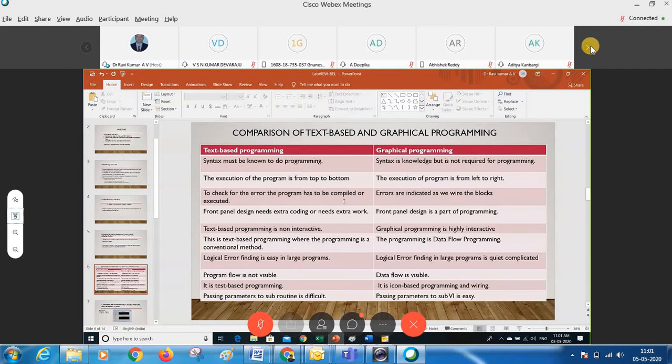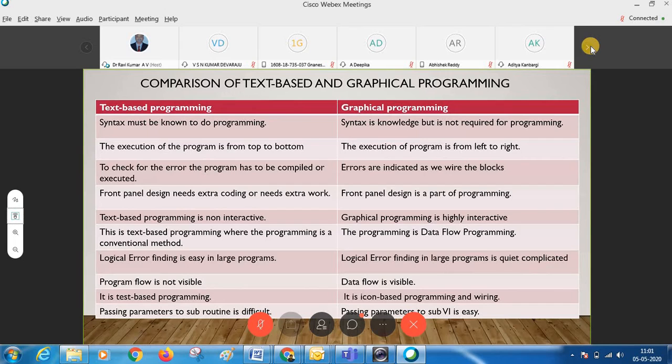In text-based programming, syntax must be known to do programming. In graphical programming, syntax is knowledge, but it is not required. In text-based programming, the execution of a program is from top to bottom, whereas here the data flow is from left to right.